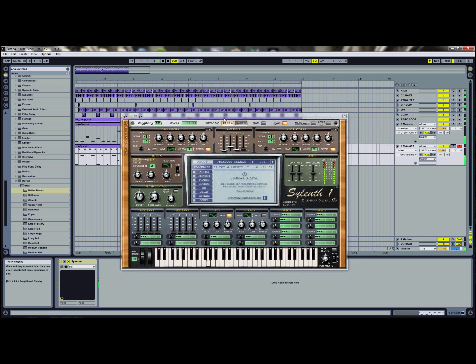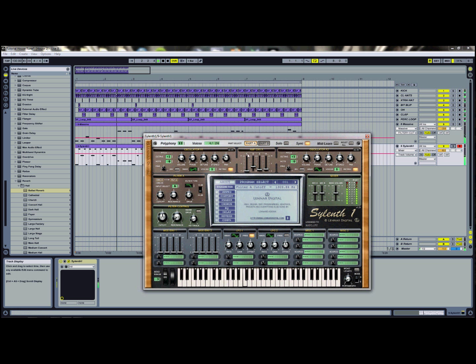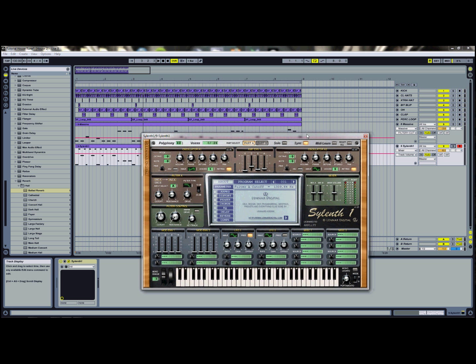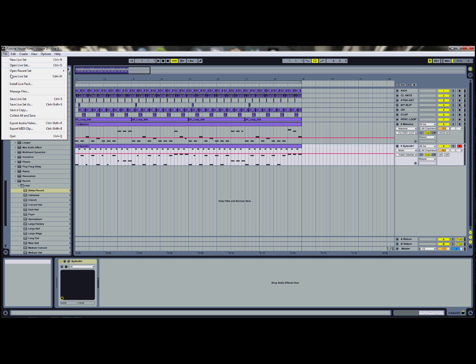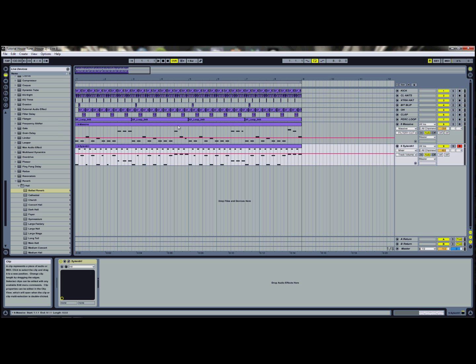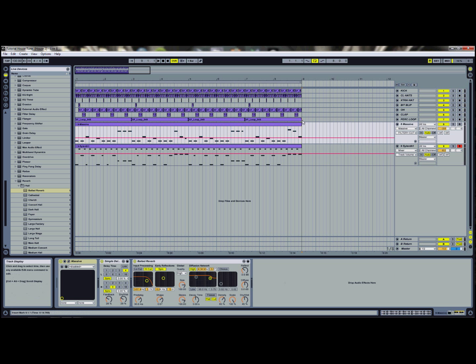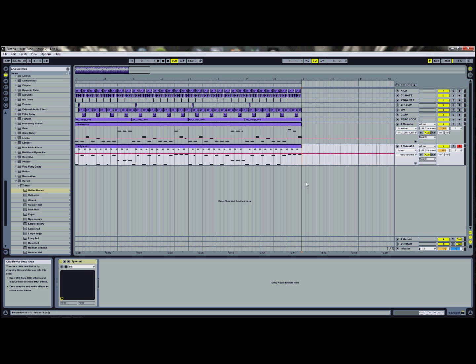Let's see how that sounds in context. Yeah, it needs to be lower, doesn't it? We'll bring that back down to 0 octave there. Because I'm doing these tutorials, they're not preemptive, so they're on the fly. I'm going to be making producer decisions as I go along, rather than a tutorial where someone says, right, this is how you do this, and I've thought about it for 5 hours beforehand, and it's totally not fake or anything,